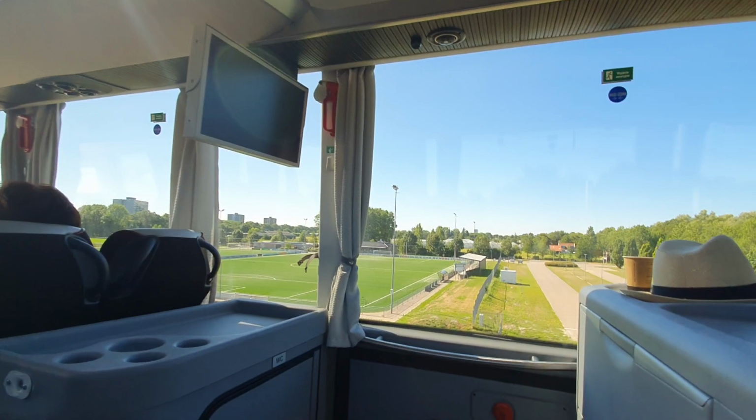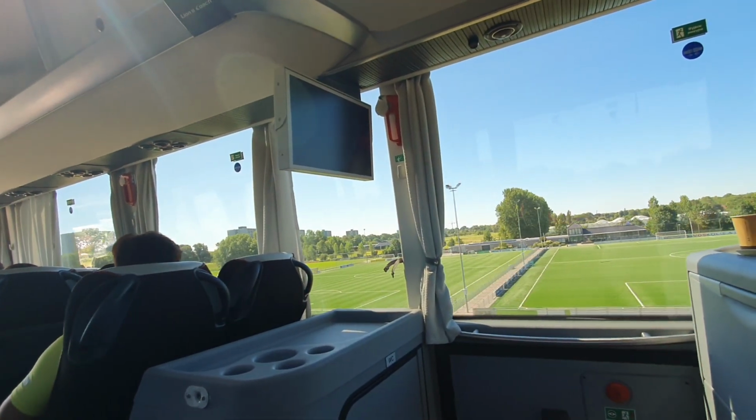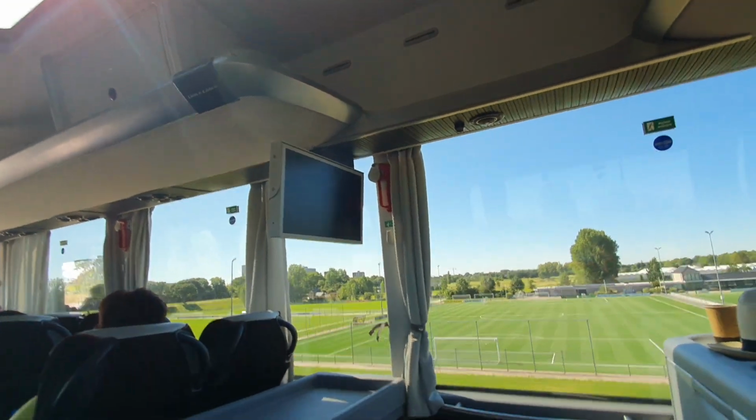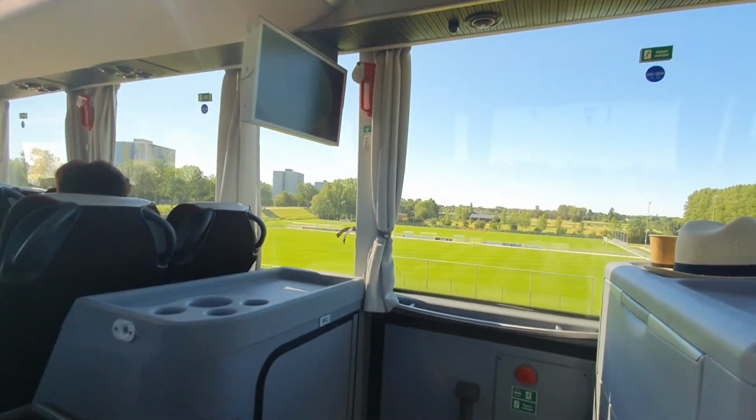You can see also here in the countryside the people going from one village to another. You have connections between all the places, so there's a tunnel you can go under, and then people